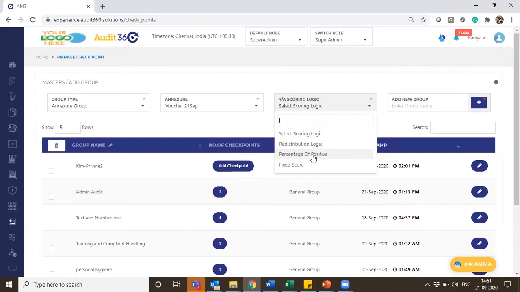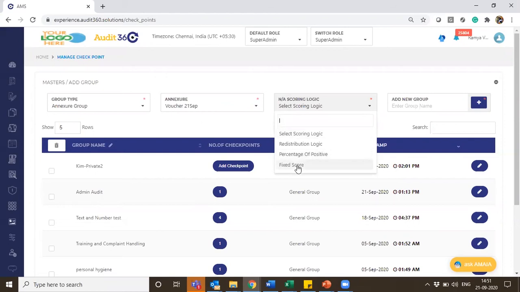If my score is 2 and I can set a percentage of 50%, then as a benefit I will give that percentage of the score. So rather than giving a complete score, we would like to give some amount of score to the client, to the customers, or your auditee, whoever would be your auditee for the execution. They would get benefited on the score. So basis the percentage, when it is 50%, then one score would be given to the auditor. You can set whatever percentage, it can be 75 or 80% of whatever the actual checkpoint positive score, which is your complied score, will be applied here.